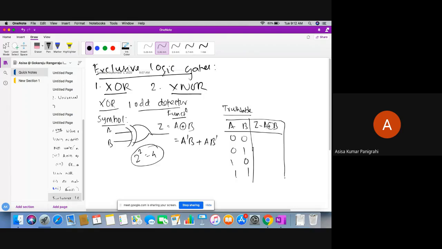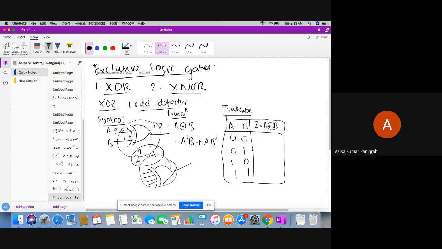There can also be many input XOR gates, maybe a 5 input XOR gate is also available, but our interest is in the 2 input XOR gate.